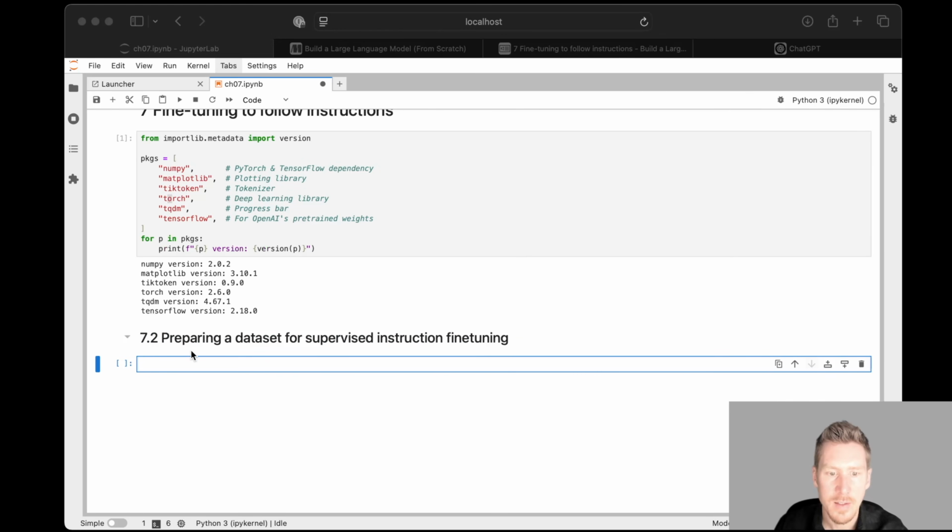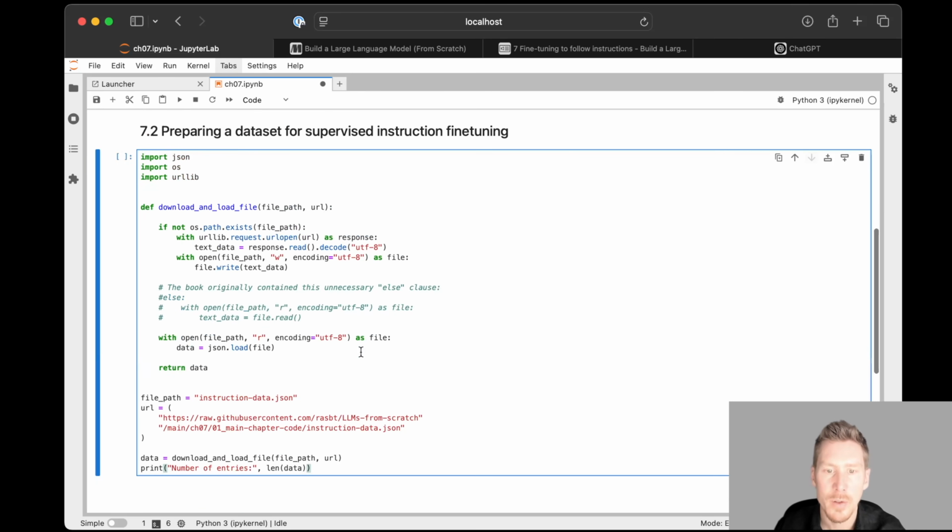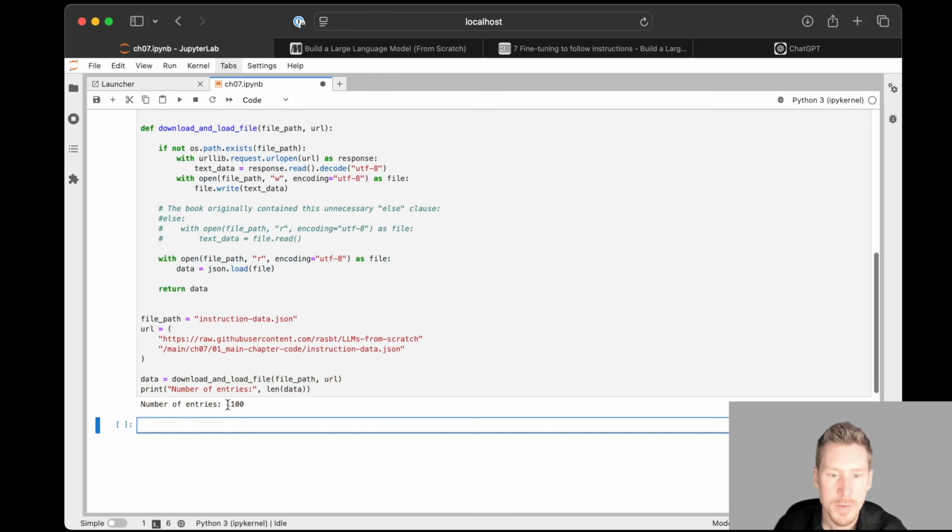So the dataset, I will just put it here because the code is not super interesting. What we are doing here is we are downloading a dataset that I prepared. I just call it instruction data JSON. And this is on GitHub, in my GitHub repository here. And here I'm essentially just downloading the file. So the file has